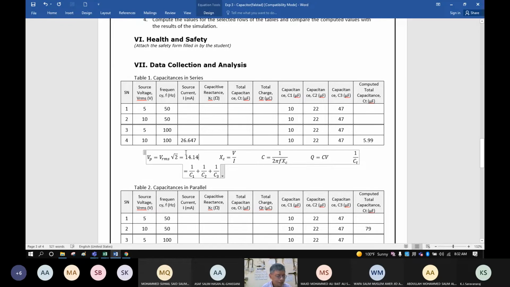You have already this. 265? No, wrong. Only this, only this. Divide by the current, in milliampere for this. 265.2? No, wrong. What is your answer, please?